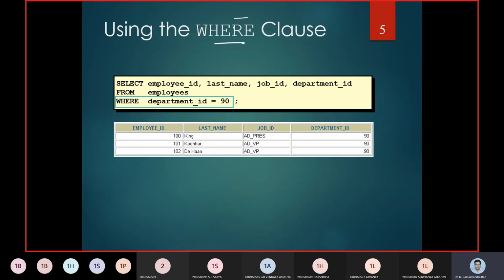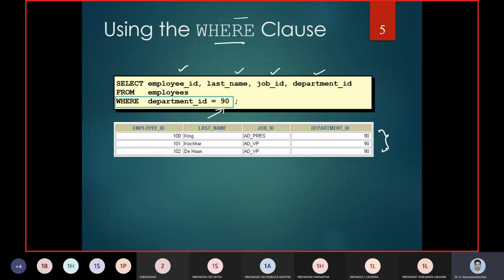Then the significance of the WHERE clause. In the WHERE clause, we have an employee ID, the employee's last name, followed by job ID and department ID. In this, we mention that the employee belongs to department 90.